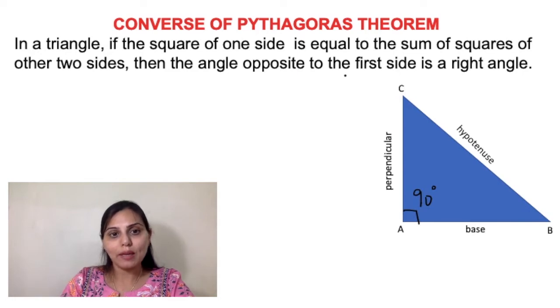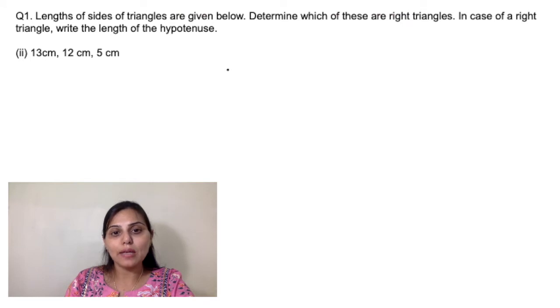So let's begin with question number 1. In question number 1 you are given the lengths of sides of a triangle. हमें ये फाइंड आउट करना है कि इसमें से कौन से राइट एंगल ट्रायंगल बनाने वाला है. तो जैसा कि आप देख सकते हैं, आई एम गोइंग टू सॉल्व सेकेंड पार्ट फॉर दिस क्वेश्चन. The remaining parts are similar and you can try them on your own.